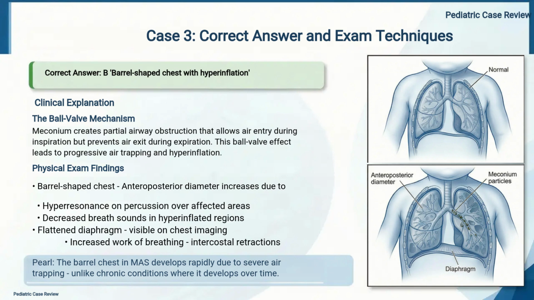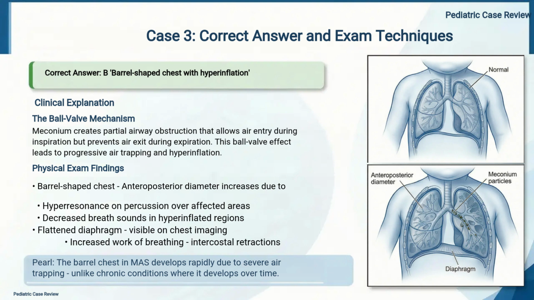Meconium creates partial airway obstruction that allows air entry during inspiration but prevents air exit during expiration. This ball valve effect leads to progressive air trapping and hyperinflation. The physical examination findings include a barrel-shaped chest where the anteroposterior diameter increases due to air trapping, hyperresonance on percussion over affected areas, decreased breath sounds in hyperinflated regions, a flattened diaphragm visible on chest imaging, and increased work of